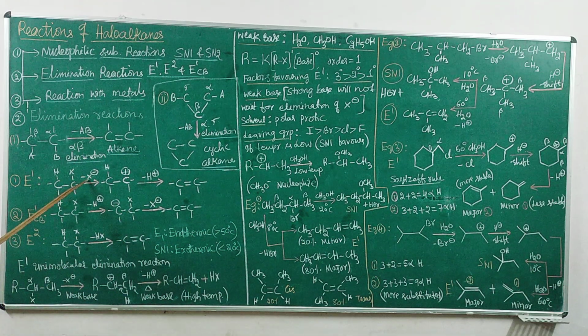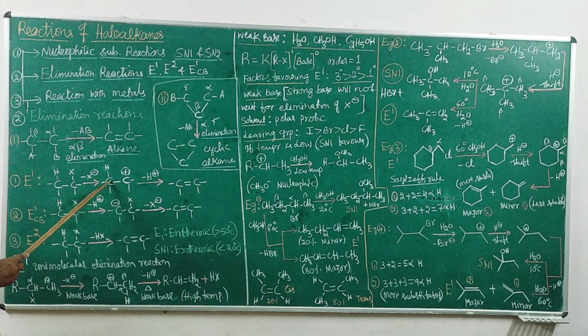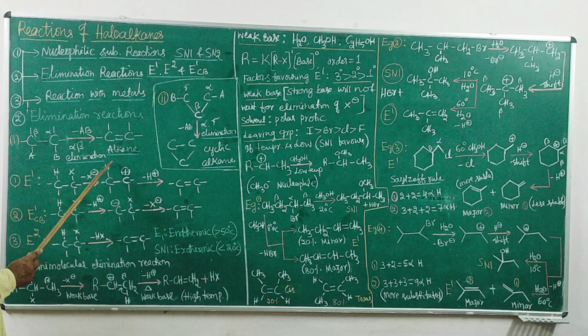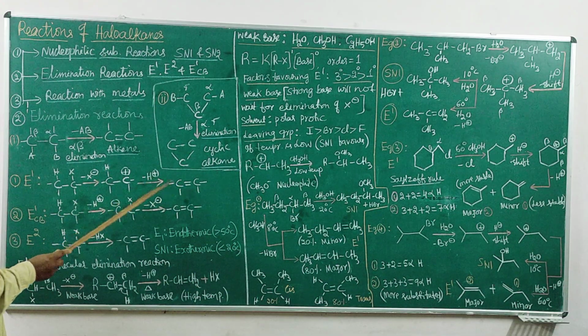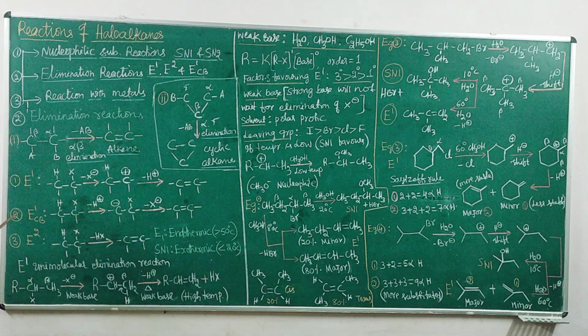So when X is removed, we get a carbocation. Then this H is removed, the bonding electrons are taken back to the carbon atom, forming a pi bond. It is removed as H plus, alkene formation. Two steps of reaction are involved, that is E1. And